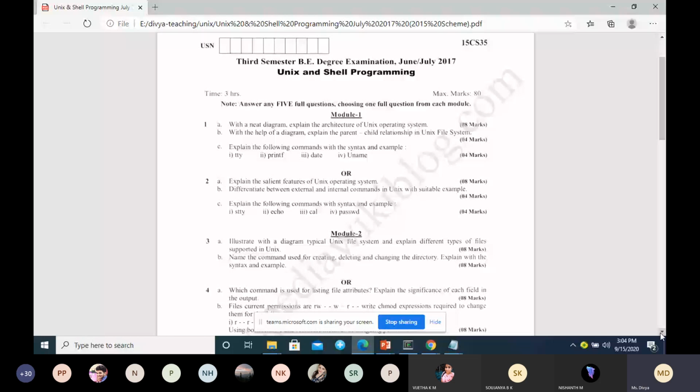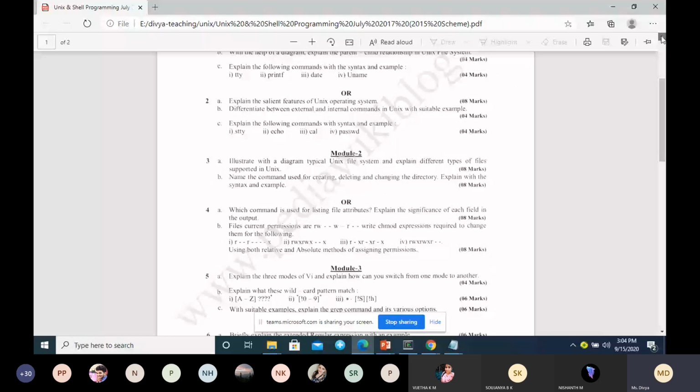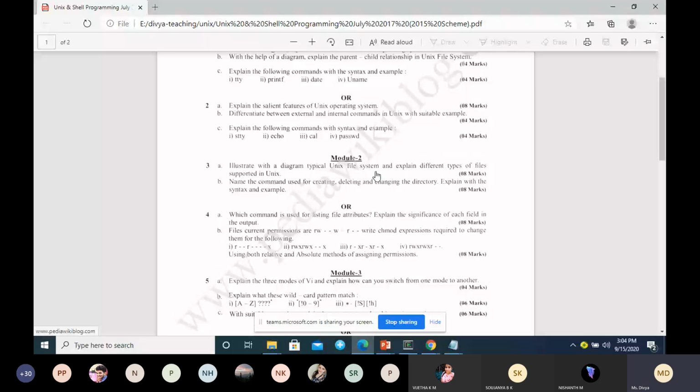Illustrate with a diagram a typical Unix file system, and explain the different types of files supported in Unix. You have to tell the different types of files supported in Unix system.